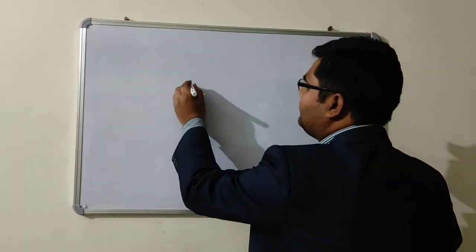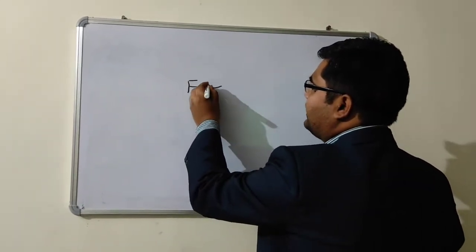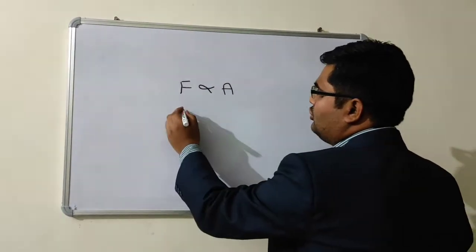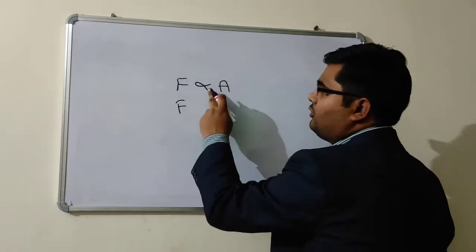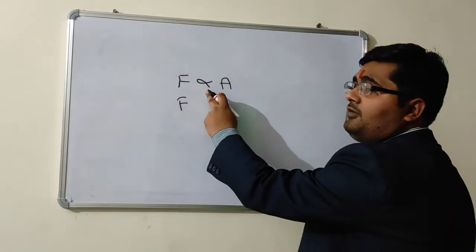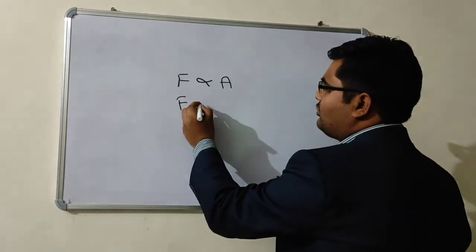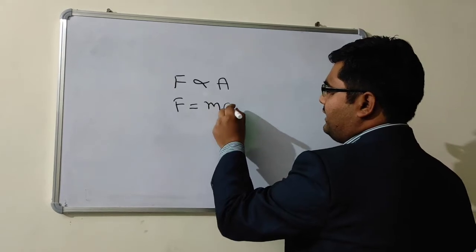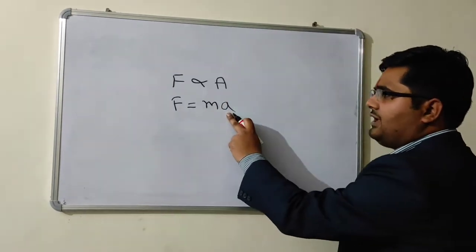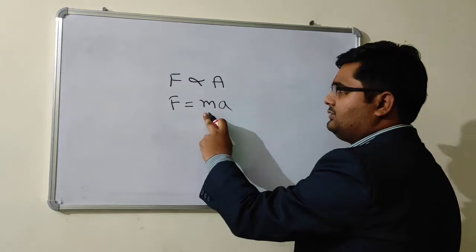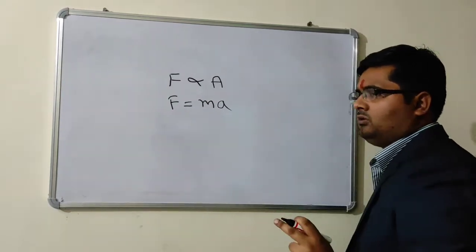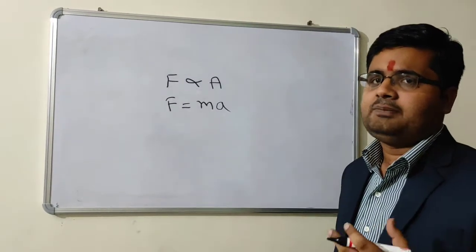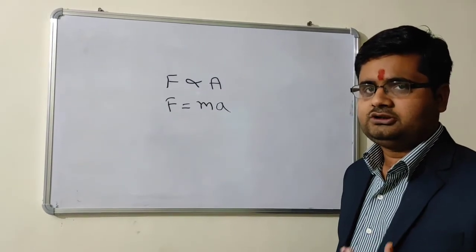So mathematically we can write F is directly proportional to A. If we remove the directly proportional sign, a constant will come, and that constant is M. F is proportional to M and A. And A is what? It is the acceleration, M is the mass, and F is the force. The second Newton's law is what? The rate of change of momentum is directly proportional to the force applied across its end.